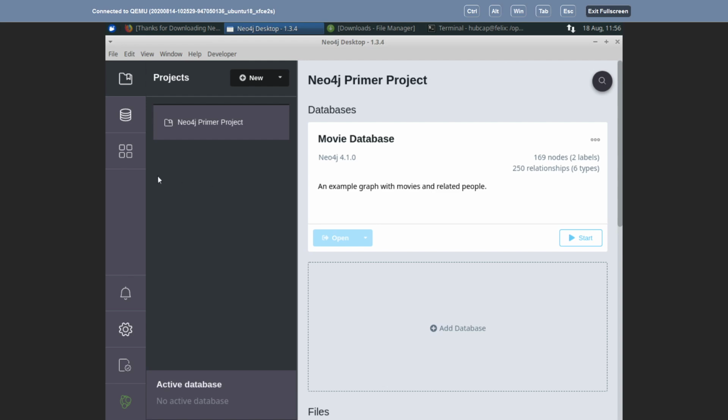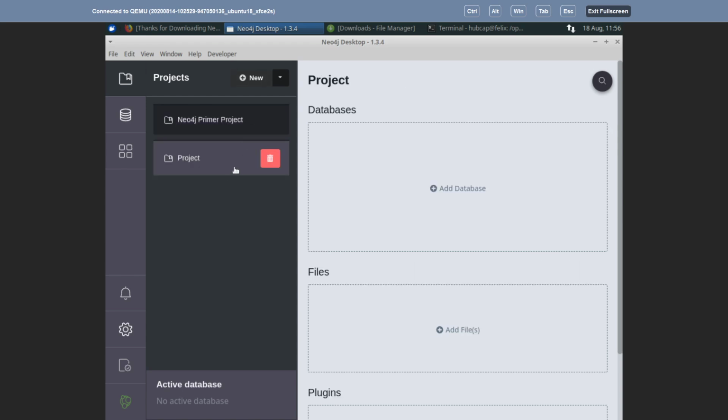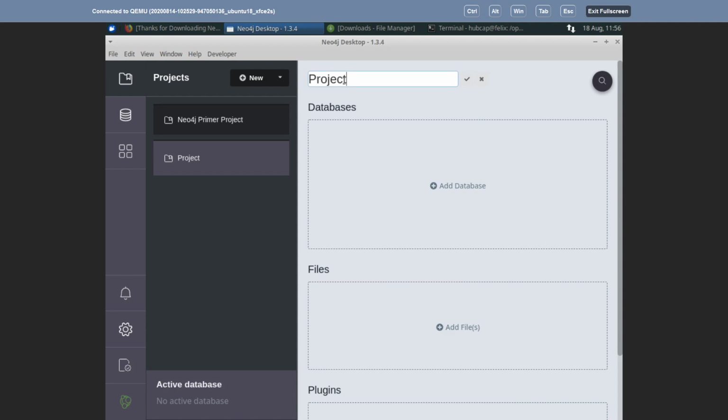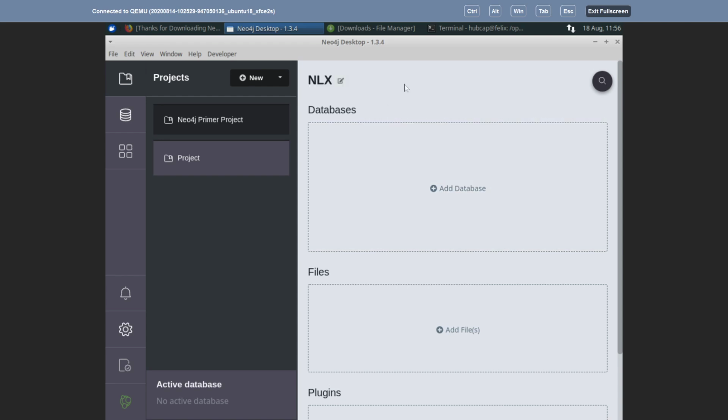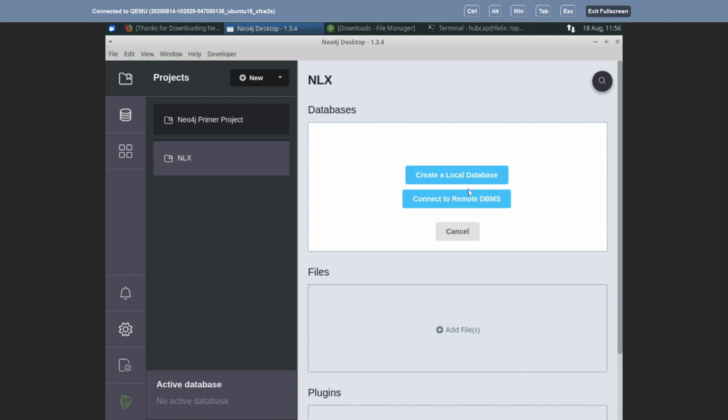I'm now creating a new database. Therefore, I create a new project, name it, and then I'm ready to add a database. I create a local database,